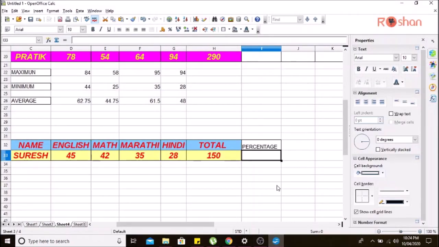So it's very easy. So first we select this one. Okay, first we say equals to, then G2 is there. What is here? H33. So I just clicked here, H33 divided by, okay, then total 1 2 3 4. 4 means 50 50 50 50, it's 200, and multiplied by,